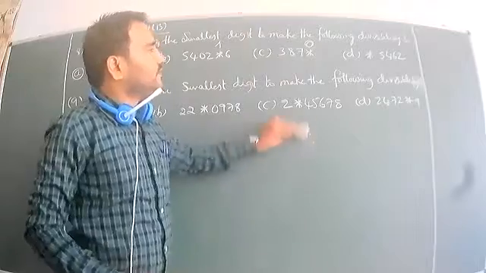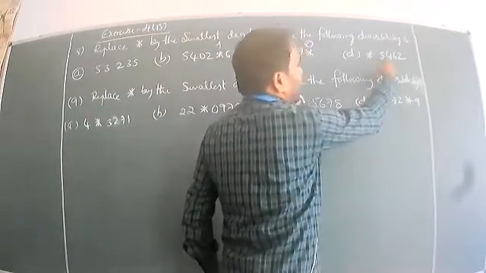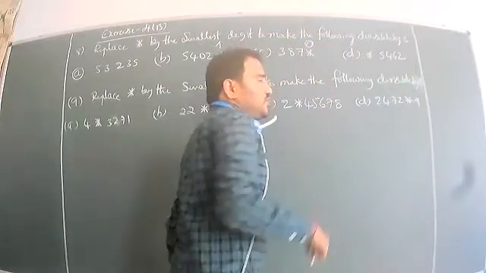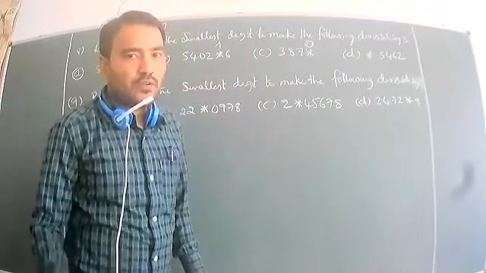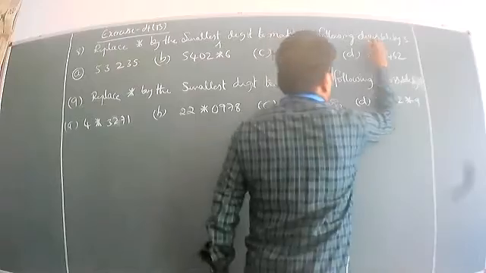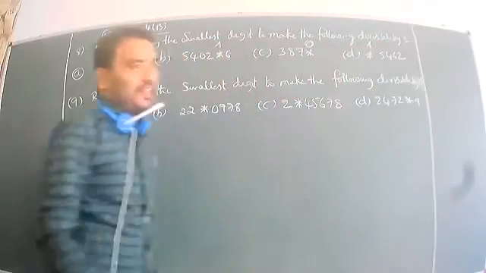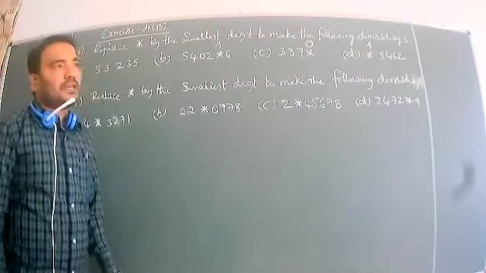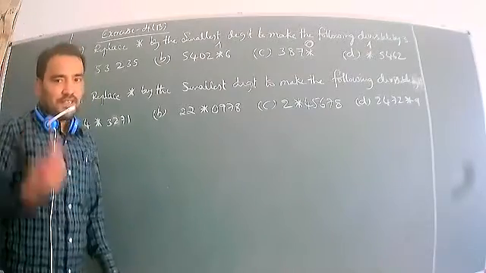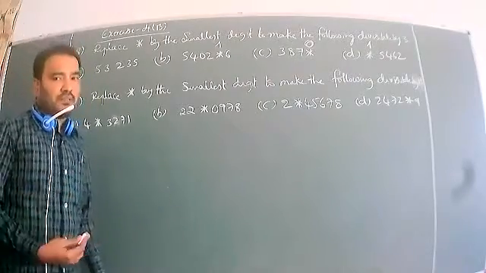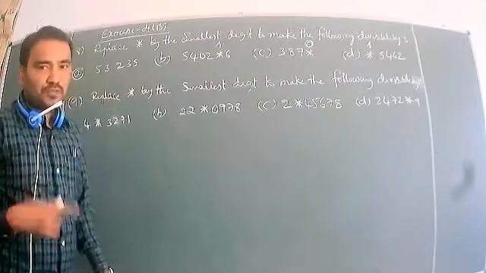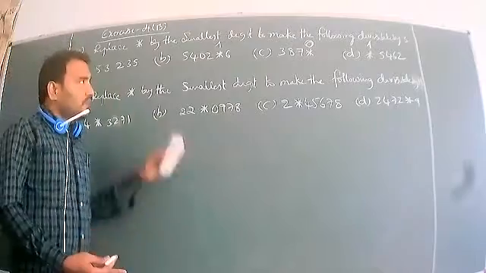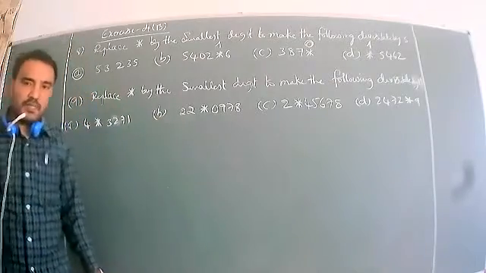Next, 5 plus 4, 9. 9 plus 6, 15. 15 plus 2, 17. How much should we add to get a multiple of 3? 1, because we get 18. Sometimes the given questions are different. It could be 27 or 30, sometimes that will be given, so you have to prepare. Which number should replace the star so that the given number is completely divisible by 3?